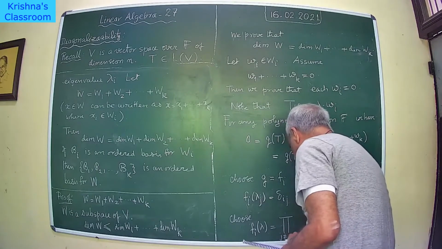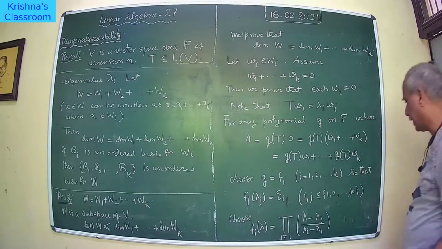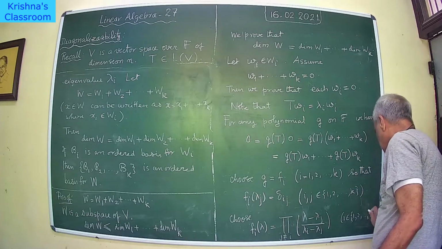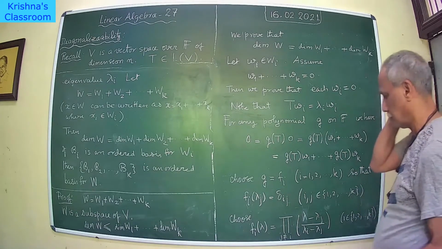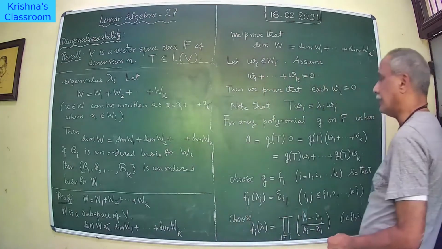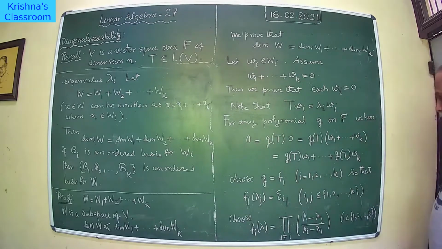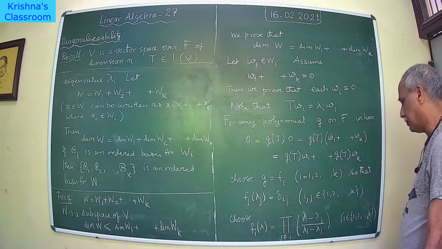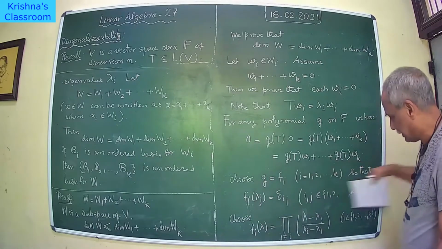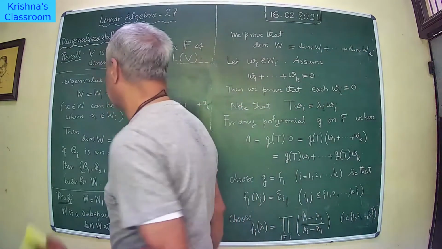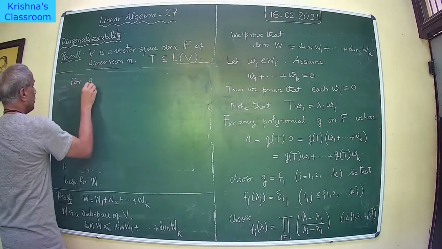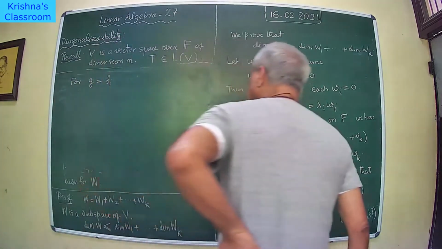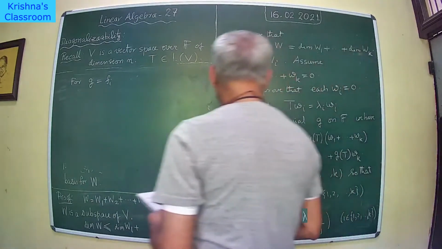over j not equal to i of, for each i. You can easily check that fi of lambda j equal to delta ij. Okay, these are polynomials with a variable as x. So lambda 1, lambda 2, etc., lambda j x. With this choice, you get these conditions. Now we make use of this. What one gets, we get the following. So this is equal to 0 equal to